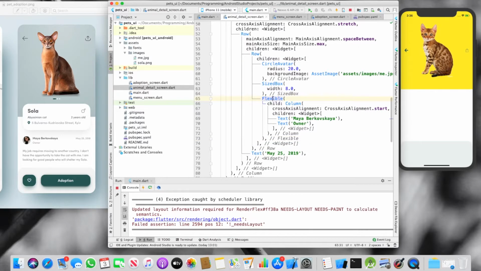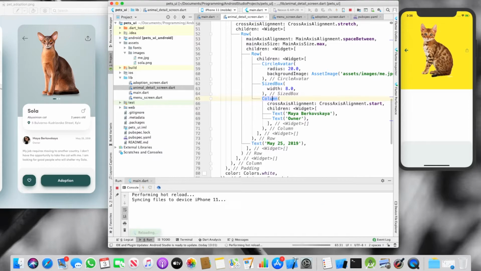Yeah. Let's get rid of the flexible. There we go. You know, now that I think of it, actually, this date is in a row with the name. The alignment there is actually different from what I saw. So, okay. So actually, let's go ahead and